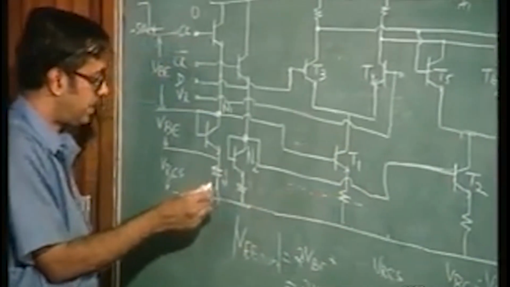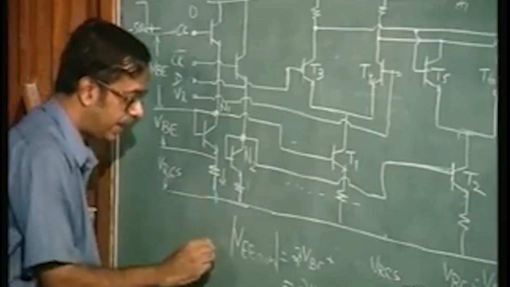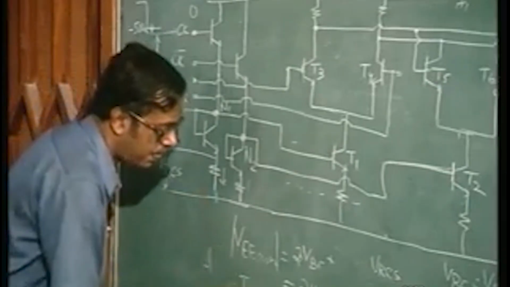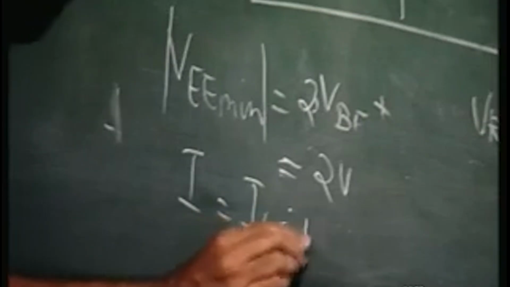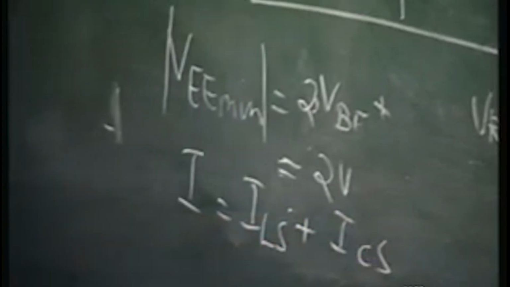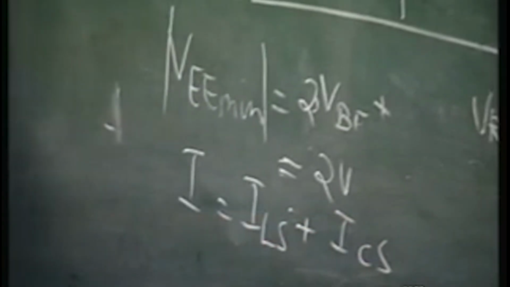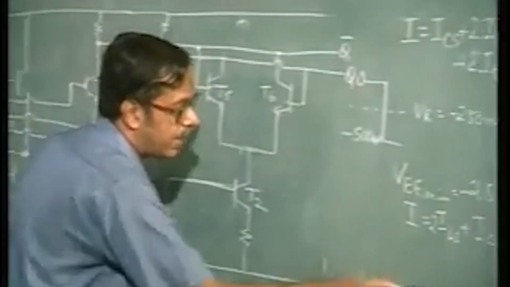So, we can say I is equal to ILS plus ICS. Basically, let us see, if it is 2 volts, let us say that minus VE is minus 2 volts here,